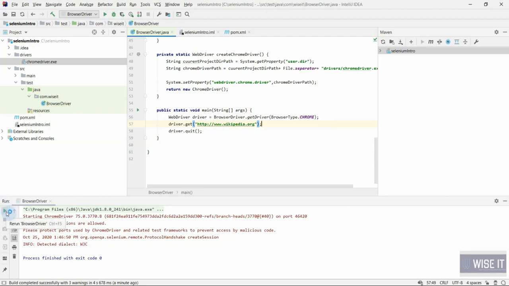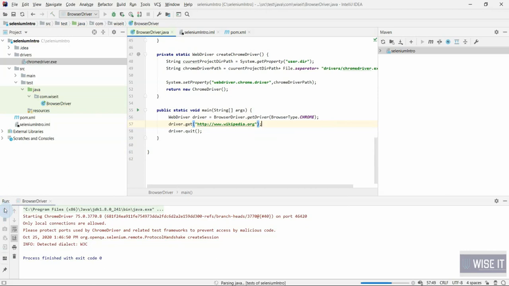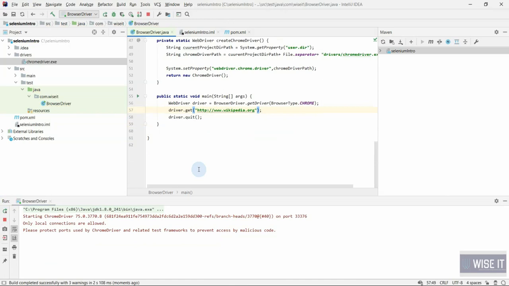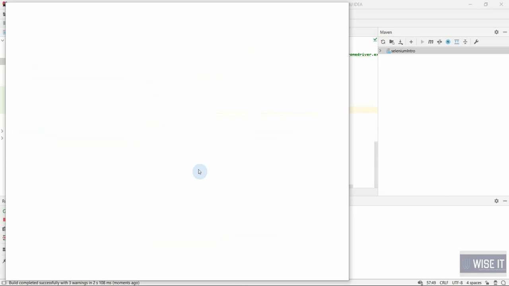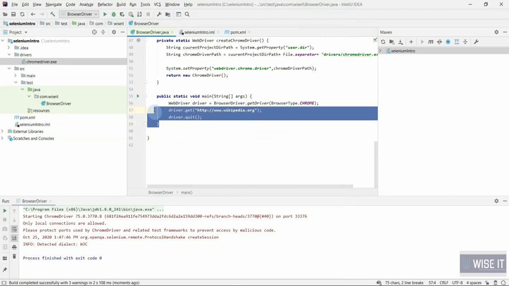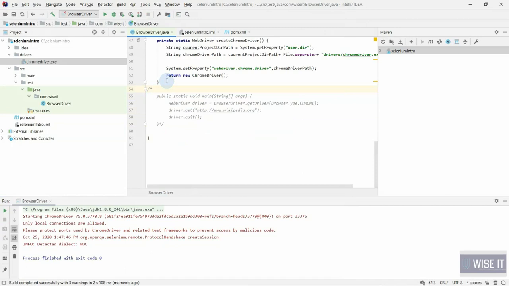So let's see if it opens the browser and connects me to Wikipedia. You can also run from here. Another way is run from here again. So I'm just running it here again, and let's see whether it opens the Wikipedia for me. Cool. So it opened the Wikipedia and closed the browser. It was very quick, so I think you might have seen it. So this is the way to check whether your browser driver is working. So we will be deleting this code. You can comment it because we don't need it. The correct way is to do it through TestNG or JUnit, which we'll be using in the next demo.